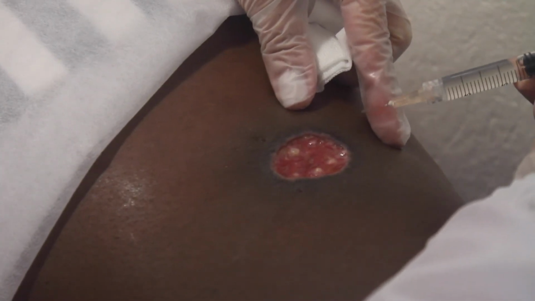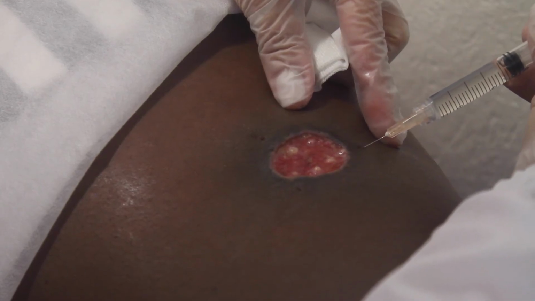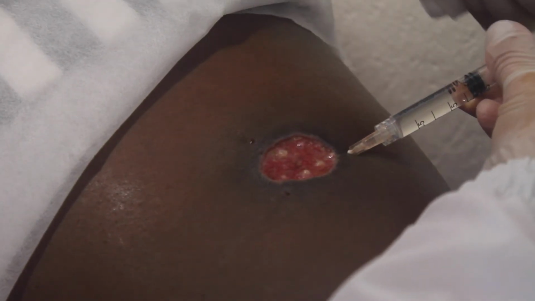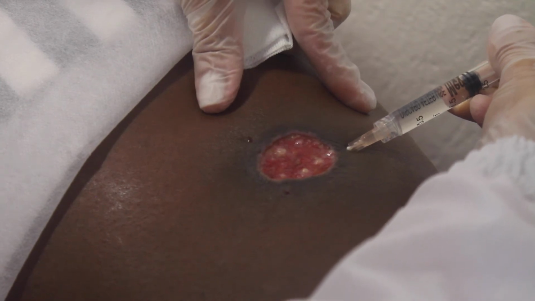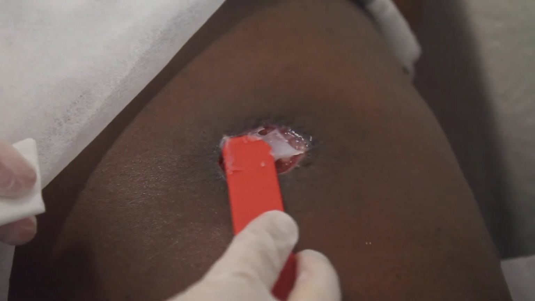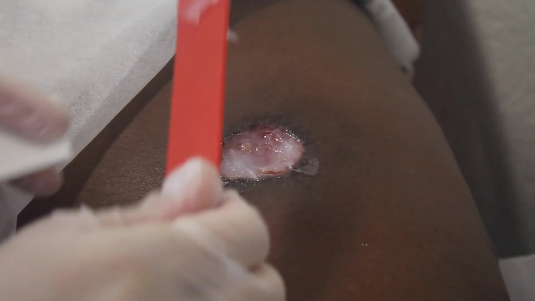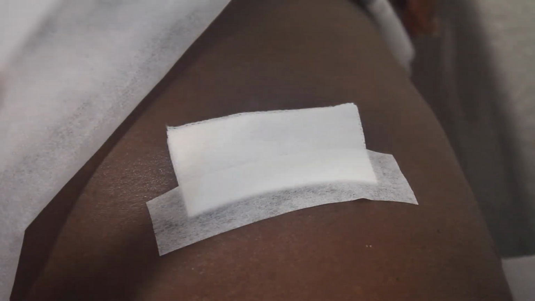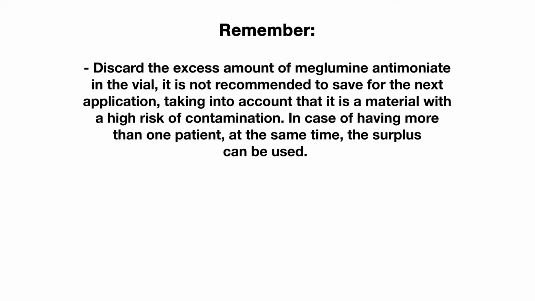There should be a slight bulging of the skin below the lesion, but it is not necessary to observe whitening or orange peel. Furthermore, if any of these are observed, it is because you are doing an intradermal injection, and in that case you must insert the needle a little deeper. The lesion should be kept covered with a thin gauze, and a moisturizer or a soft white petroleum gel can be applied. Guide the patient on care and cleaning of the lesion and on possible side effects such as erythema, pain or edema. Please remember to discard the remaining meglumine antimoniate in the vial.